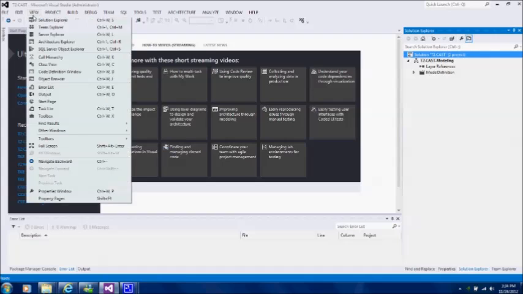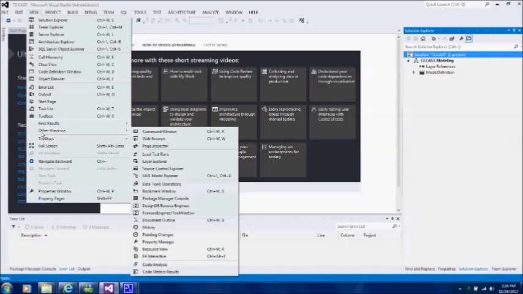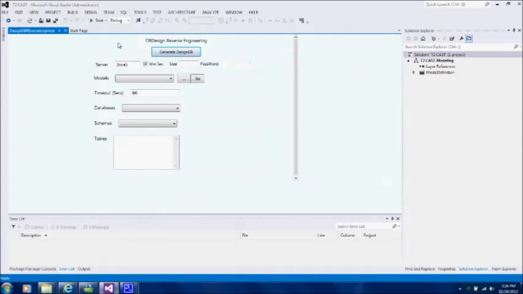So first thing we're going to do is go to View and go to Other Windows. From the Other Windows, we're going to come on down here to the Design DB reverse engineer first. I thought about going to the forward engineering, but there were only two tables, so we'll reverse engineer one, make some changes, and then forward engineer it so that you can see it in the database. So to reverse engineer the database here first,